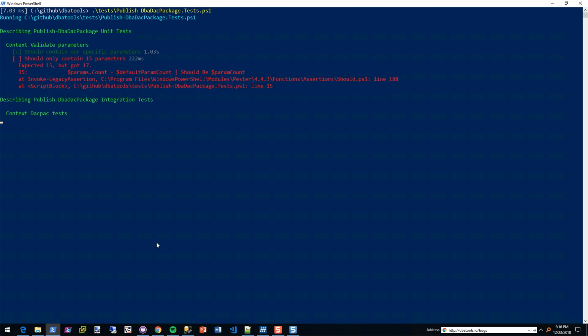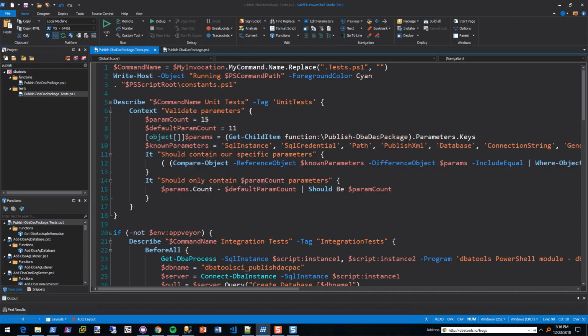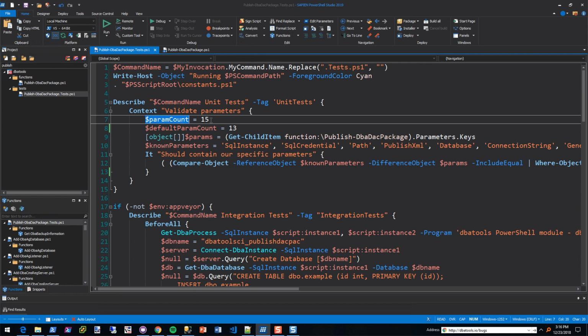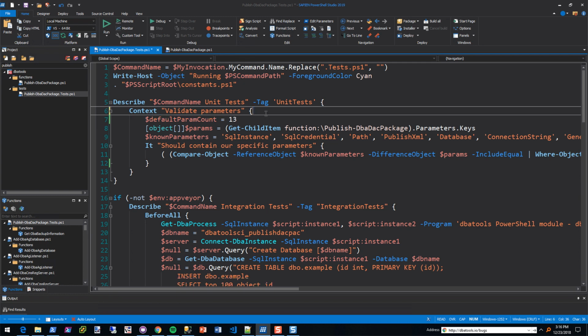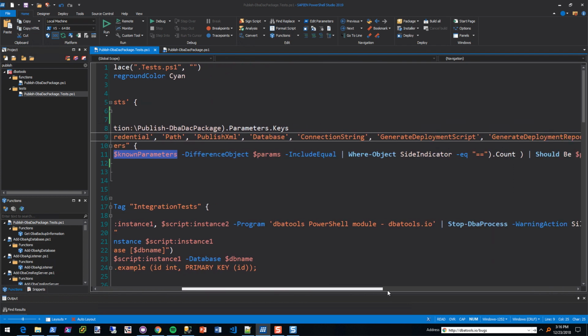Check that out. That's really cool. I need to go and update our tests. So while this is running, I'm going to go and say it's 13. And the reason is because we have added what if and confirm. Oops, param count 15 right here. Default param count, we've added 2 onto there. And we've actually gone away from doing this. So as I go through here, I just clean that up and I say param count is known params.count at the end.